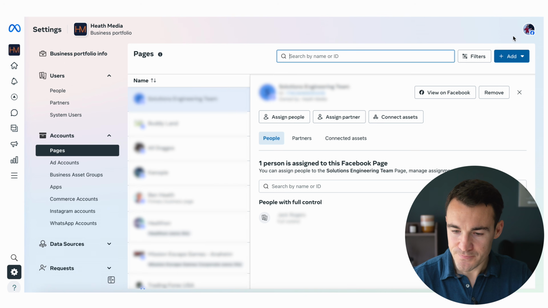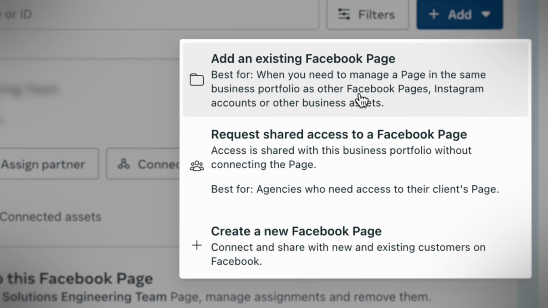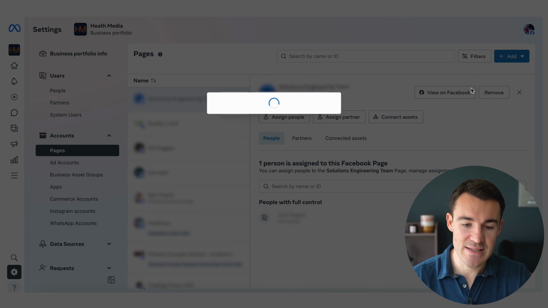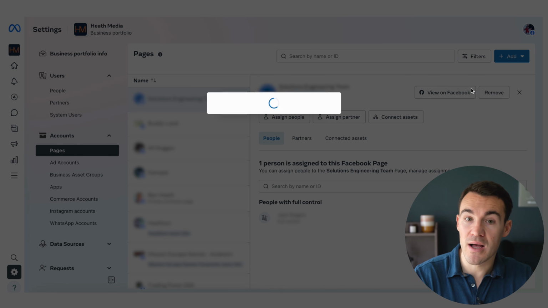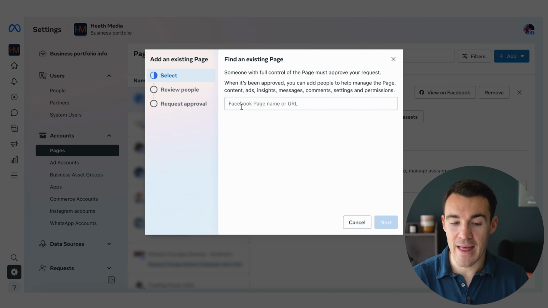Now, what you want to do, you can see this blue button on the top right here, is we want to go ahead and click add. And this is how you add a Facebook page into your Business Manager account. So what you can do is you can either add an existing Facebook page. So if you've already got a Facebook page that's yours, you want to go ahead and click on this and then simply grab the URL, or you can even just enter in the Facebook page name, pop that in there,